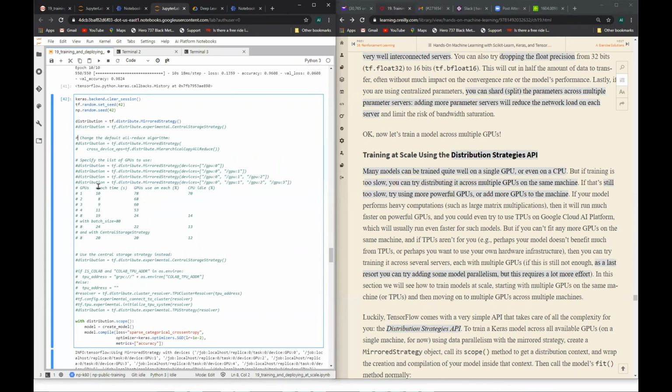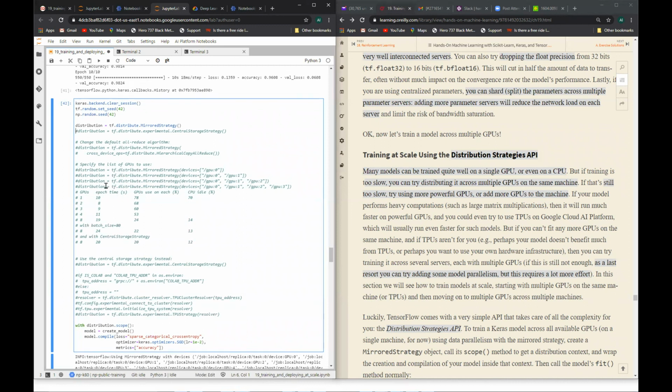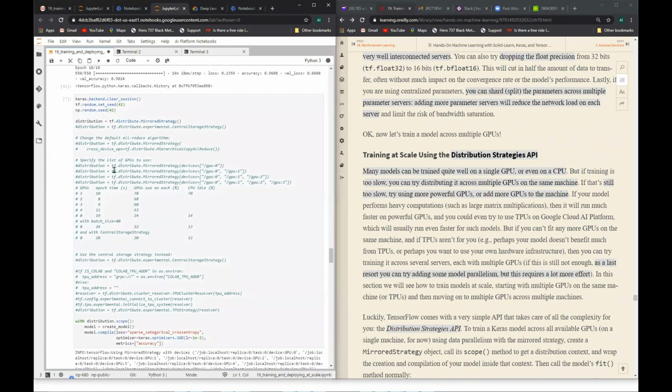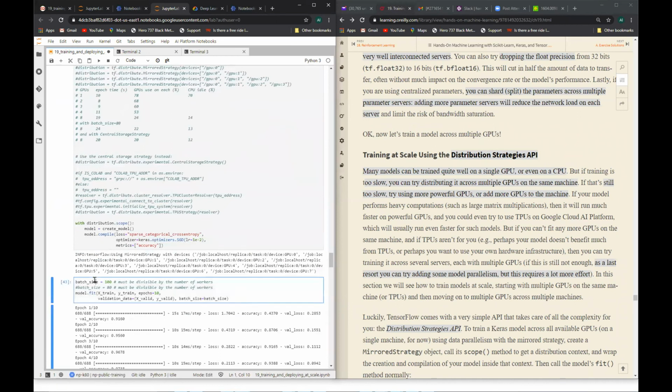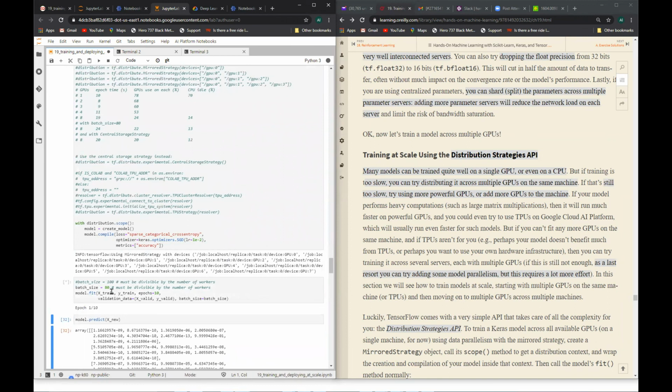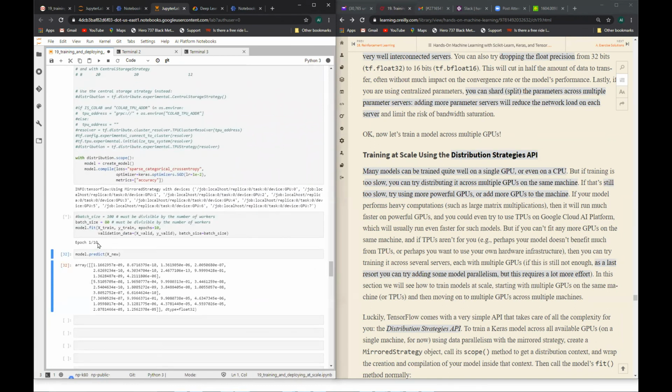I just want to show how using the 8 GPUs is going to look, right? And he's saying that the batch size should be a multiple of the number of workers. So let's put 80. 80, yeah. And then run it, and we will see here that